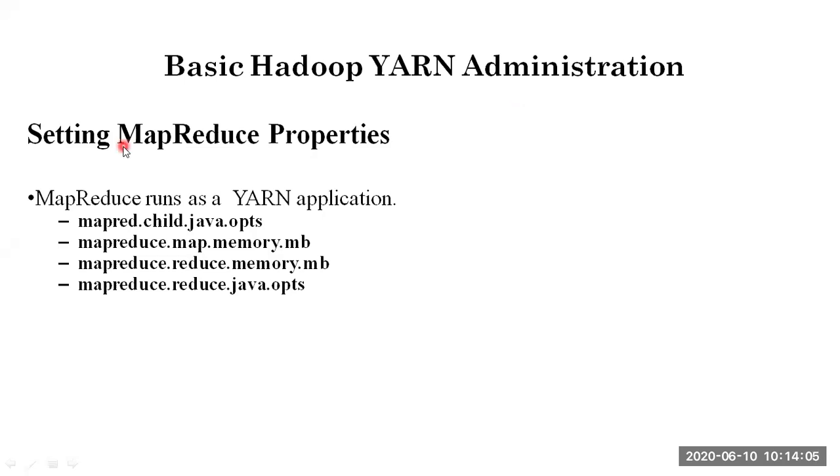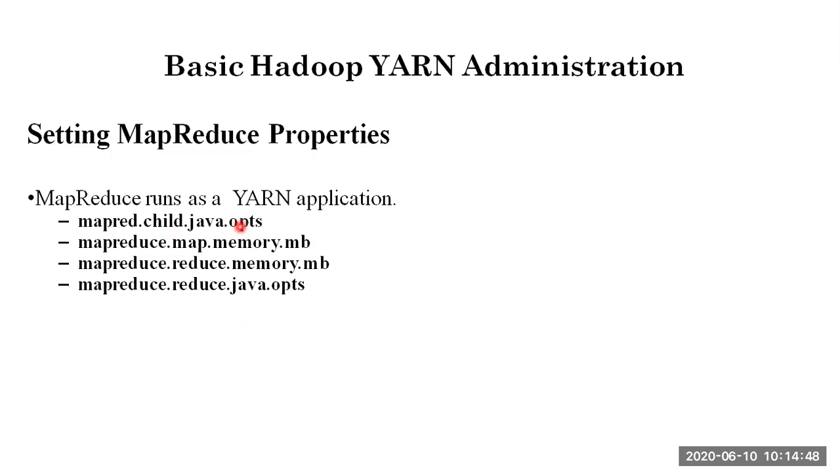And setting MapReduce properties. As we're talking about MapReduce, we have seen some implementation of MapReduce, for example counting the frequency of words in a given text file, the way that we have done with the help of Java, where we implement the concept of map and reduce and import a set of library packages to support our program. It is also one thing that we will be doing with MapReduce properties.